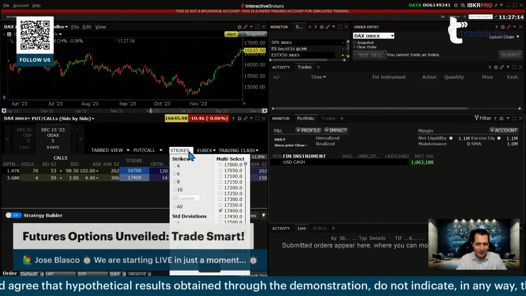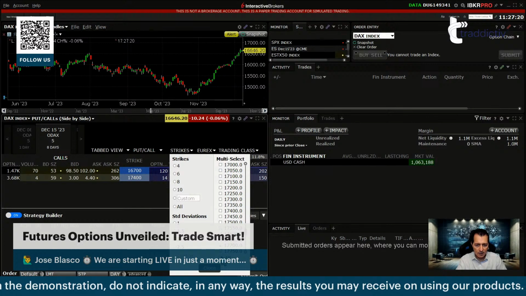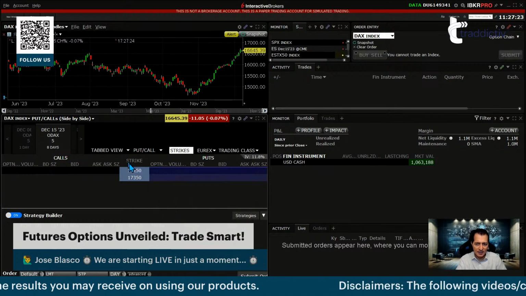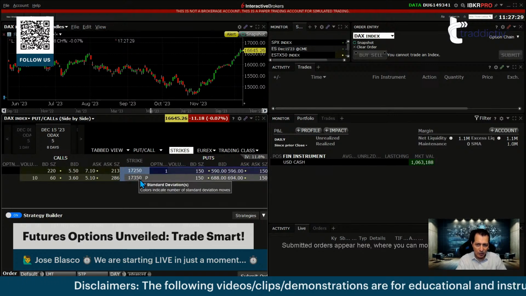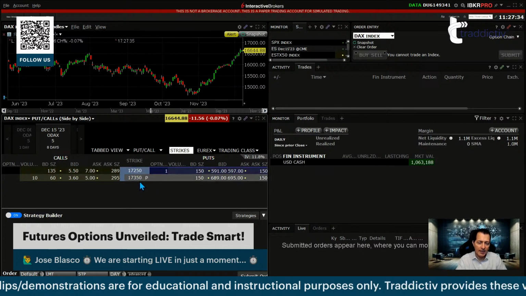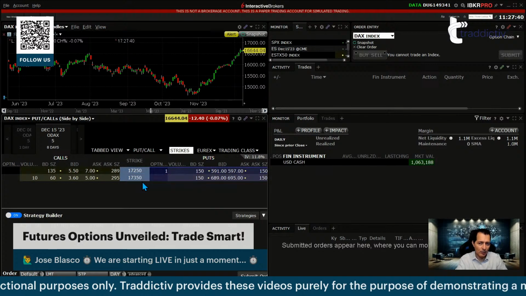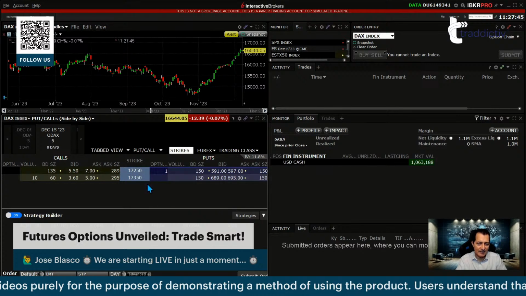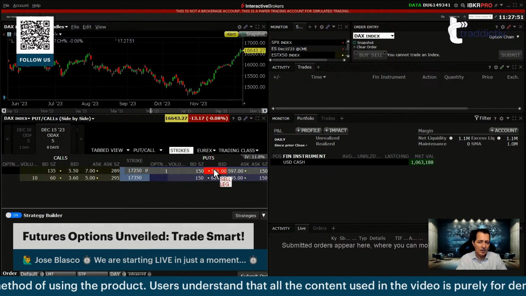If you were to do something much more moderate, maybe 2 strikes, as we did before, now the distance is what? 250 to 350, that's 100. If the distance is 100 times 10, that's 1,000, divided by 2, that's 500 euros. So of course, this is a juicier contract compared to the FESX, but again, it's easy to calculate, and it also has no decimal places and all of that. So again, pros and cons of everything.